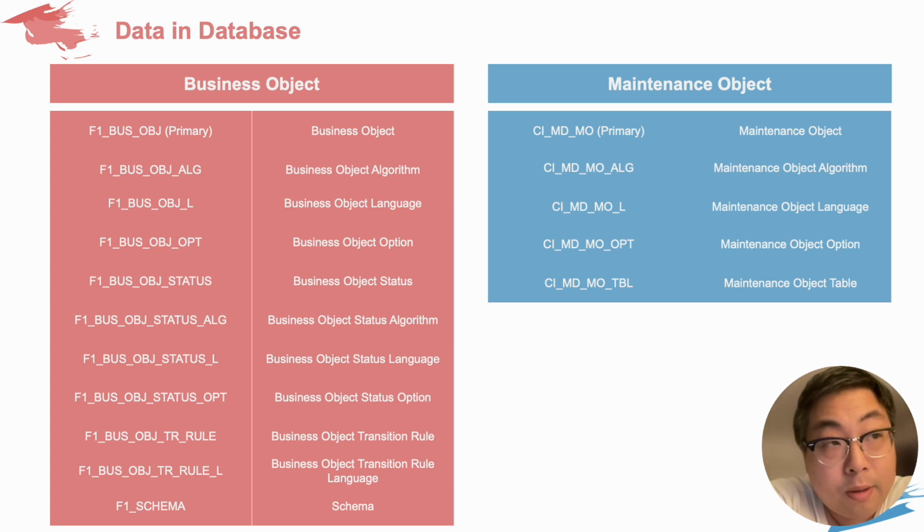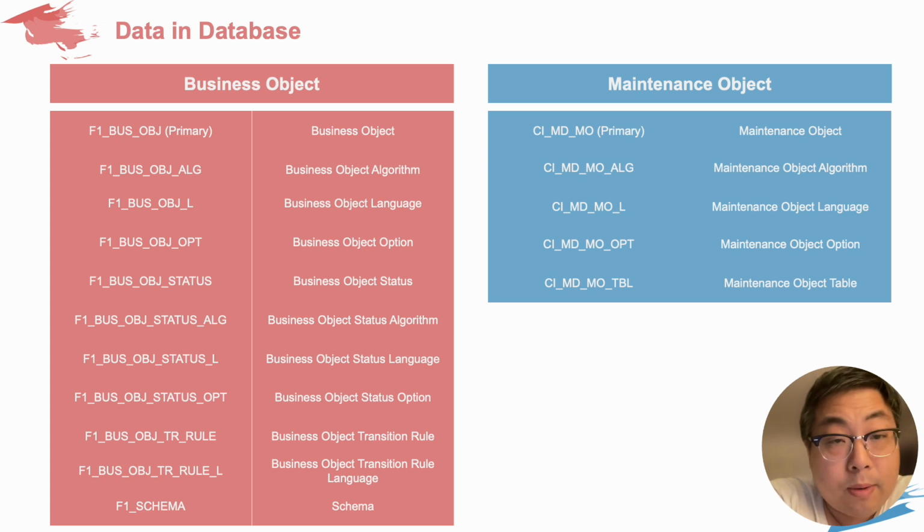If you imagine the business object, the maintenance object on the metadata layer is the process which reads, writes, and updates the data in the database. Then we also need to know what is the data to represent the metadata in this case. And I think it's the first time I'm starting to talk about the